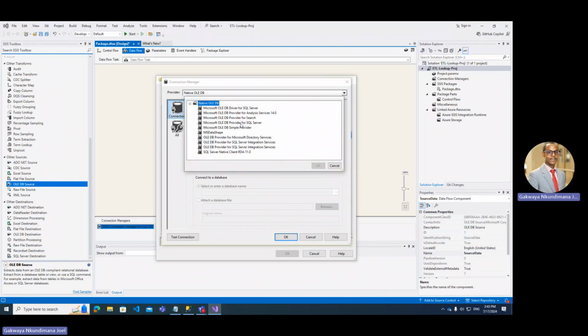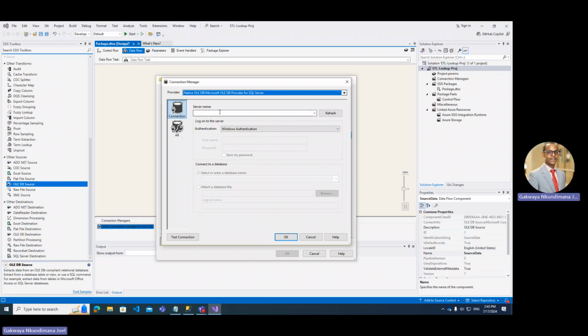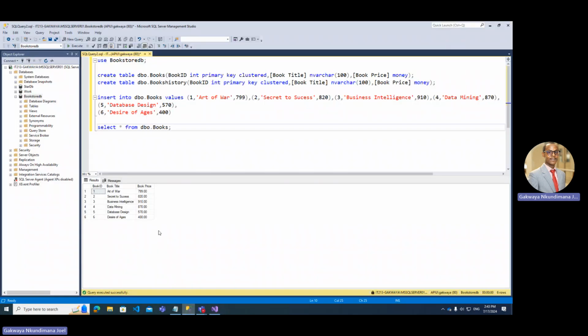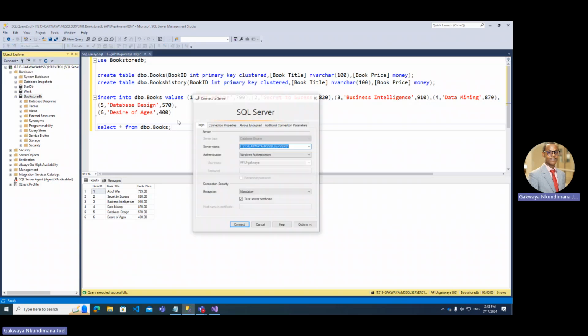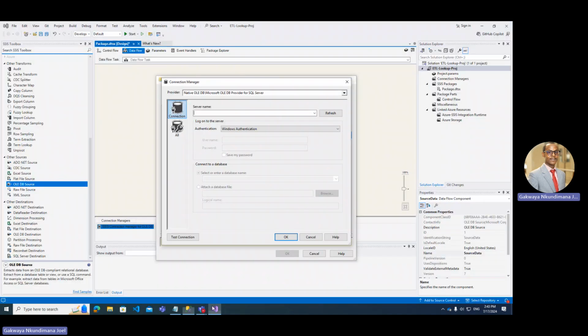We're using Microsoft OLE DB provider, and we need to put our database, our server name here, the server name which we have here. So we need to use the server name, and our server name, this is mine, you may have yours different,